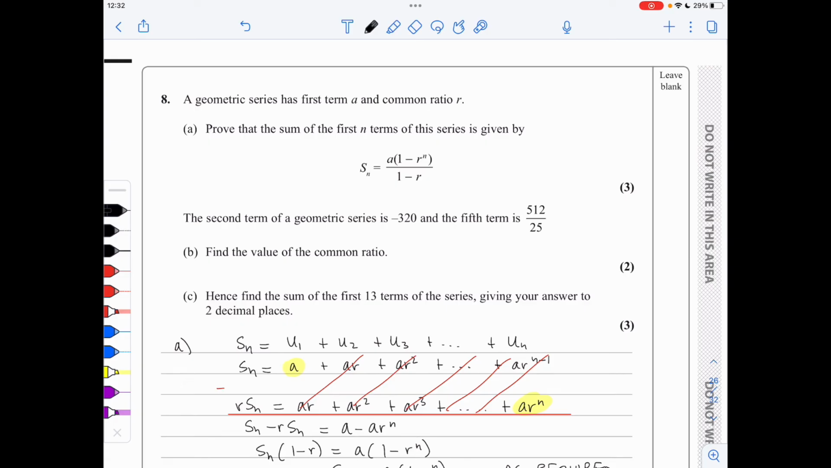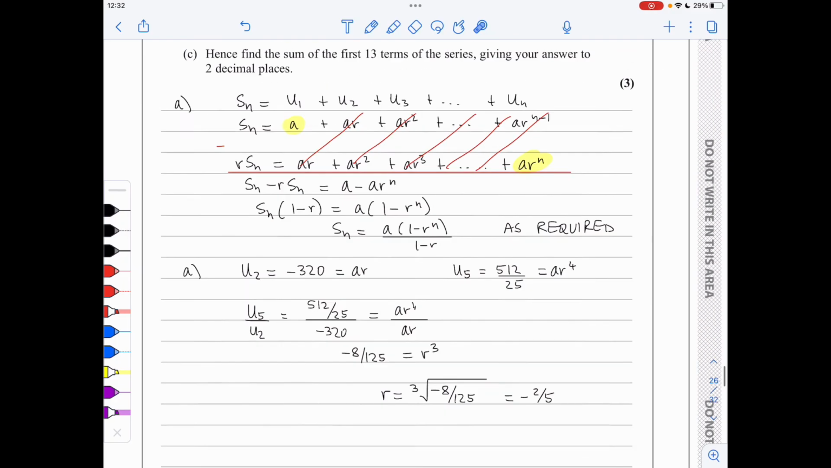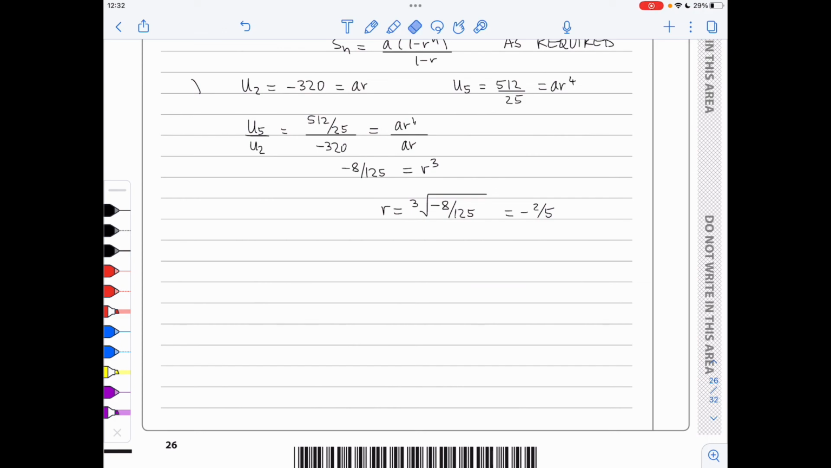Now in C, it says, hence find the sum of the first 13 terms, giving the answer to 2 decimal places. We need to find a, so I could say that minus 320 is a times minus 2 over 5, which gives a to be 800, and therefore S13 is 800 times (1 minus r to the n, which is 13) over 1 minus r, and this gives an answer of